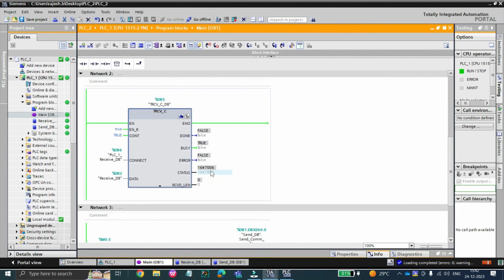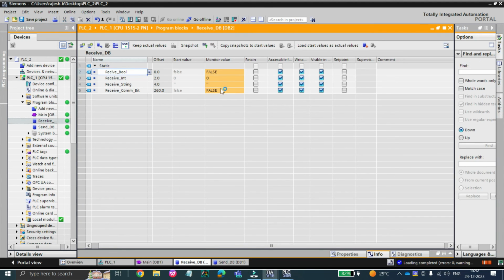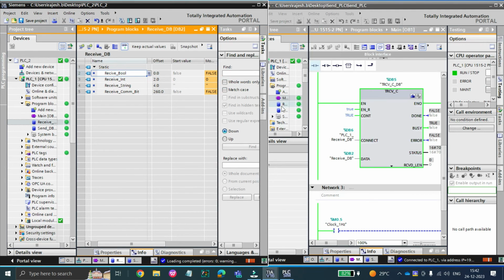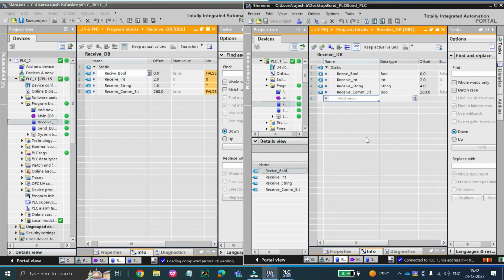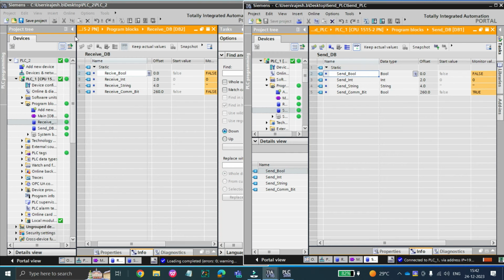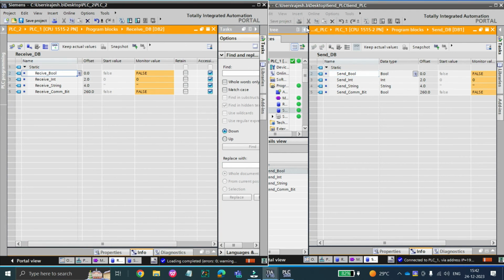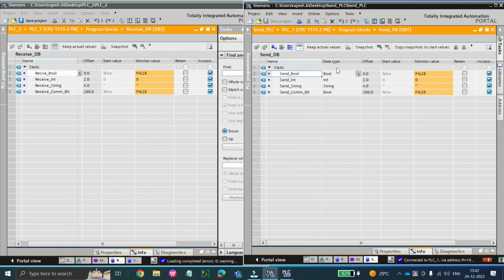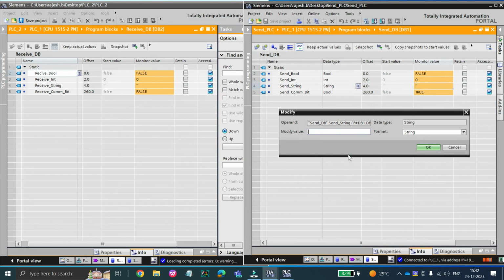Now you can see the status has changed to 7006. That means we are receiving the data right now. See, now we are done. We are sending the data from here. Let's minimize it. So this is PLC1 and PLC2. Let's type a string called RKB automation,